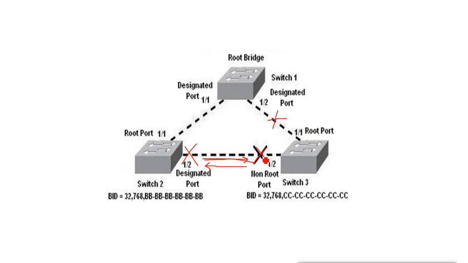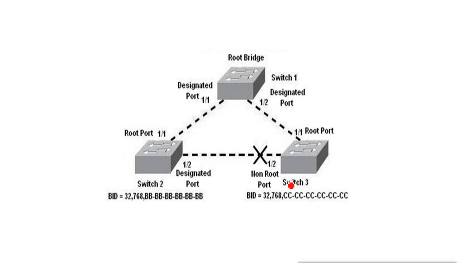But how will it enable? Because there is no information coming from the other side for the port, and no information is being sent from this side. So they will remain in blocking state and will not enable the port if both are in blocking state. So when two ports face each other and one has to be blocked, both ports will not go to blocking state at the same time. Only one of the ports will go to the blocking state.